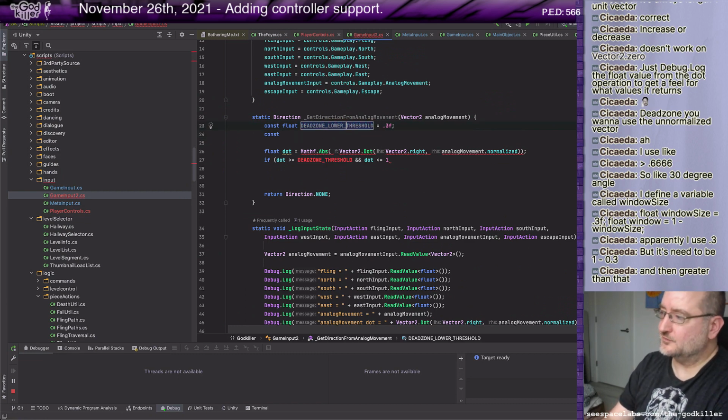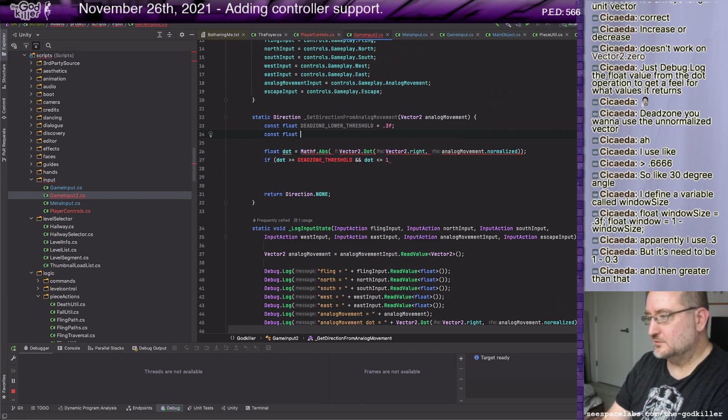Lower threshold, make this const float dead zone upper threshold.